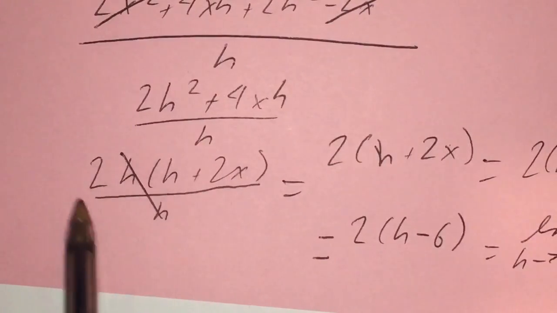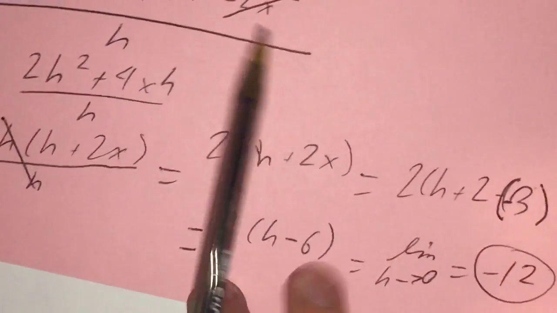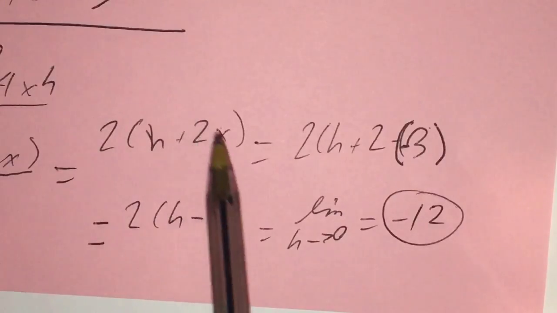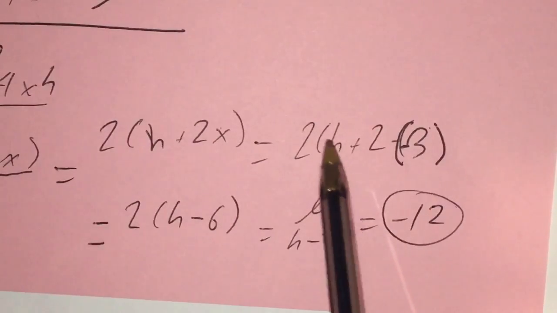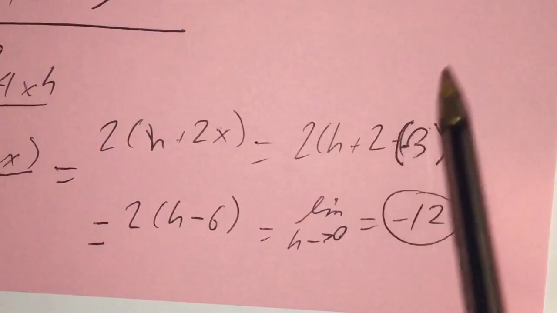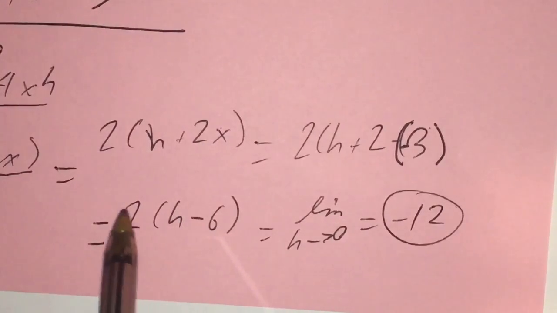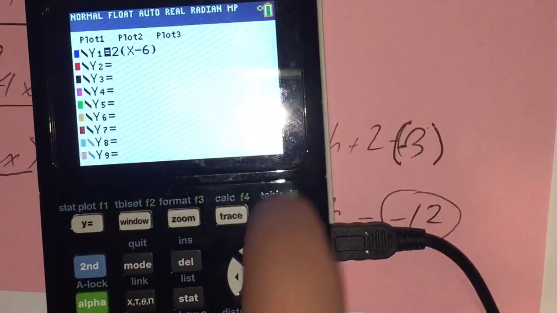You can take out a 2h, and the h's cancel, and that becomes 2 times h plus 2x, and then you can factor that out further by making it 2 times h plus 2 minus 3 times -3, and that equals 2 times h minus 6, and you plug that into your calculator, hit graph,